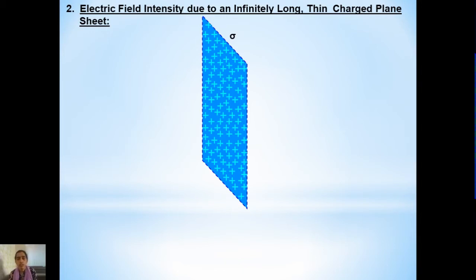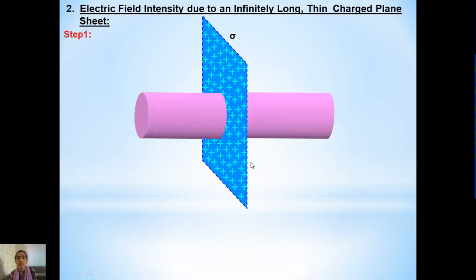So the very first thing we need to do, step 1, is to consider a Gaussian surface. So what I'll do, I'll consider a Gaussian surface which is of cylindrical shape. Okay, a Gaussian surface need not be a particular type of shape. You can imagine any sort of surface, but it should satisfy certain conditions. What are those conditions? Very first thing is, it should be a closed surface. So cylindrical shape, since it's a closed surface, I'm considering it.